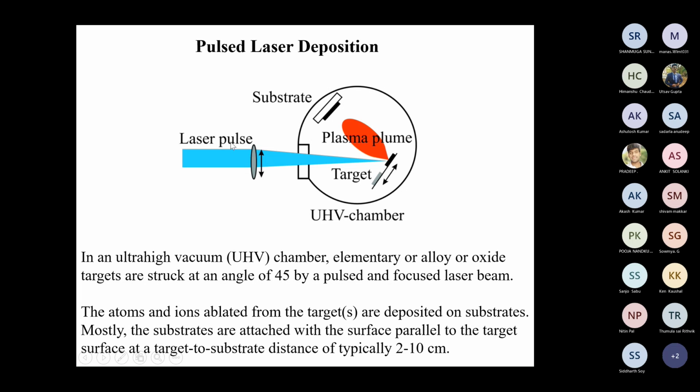So what will happen then, the high energy laser will interact on the surface and then it will ablate the material. Whenever it ablates, then due to the high energy there will be plasma generation, and most of the ablated atoms will come to that substrate. Okay,